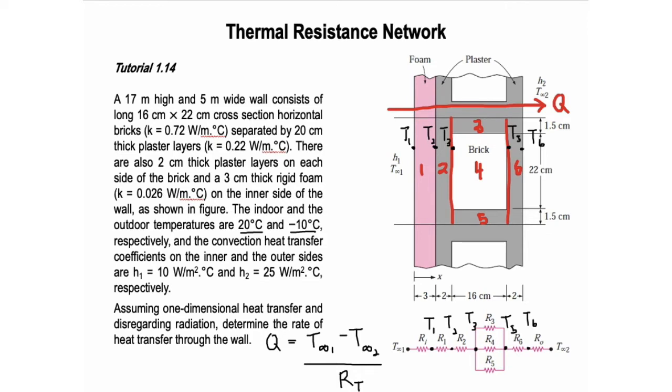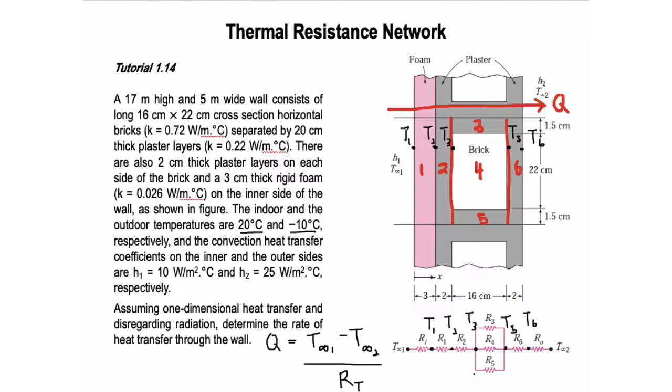Next is we need to determine the resistance for each of these thermal resistance network. Okay, so we're gonna start with R inner. So R inner is actually 1 over H inner multiplied with the area. Okay, before that,